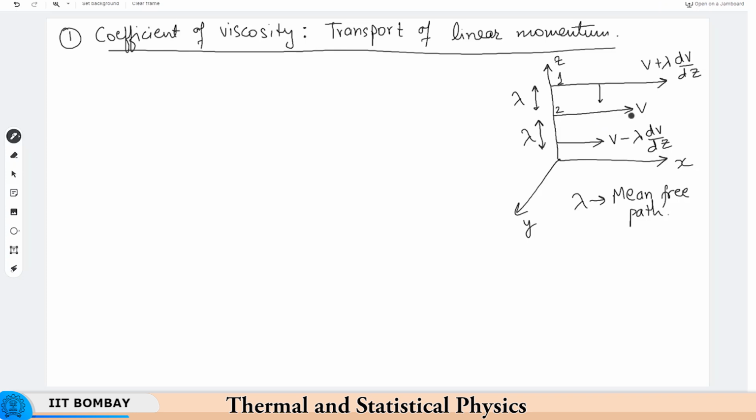Similarly, since molecules moving in plane number 2 are moving faster than molecules in, let us call this plane number 3, there will be a net transfer of momentum from this direction to this direction, and also from this direction to this direction, right. So, let us call this plane 3, and the red arrow means transfer of linear momentum,